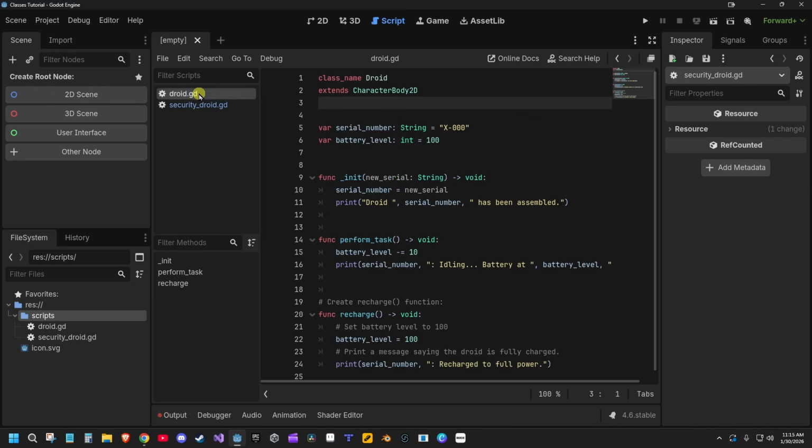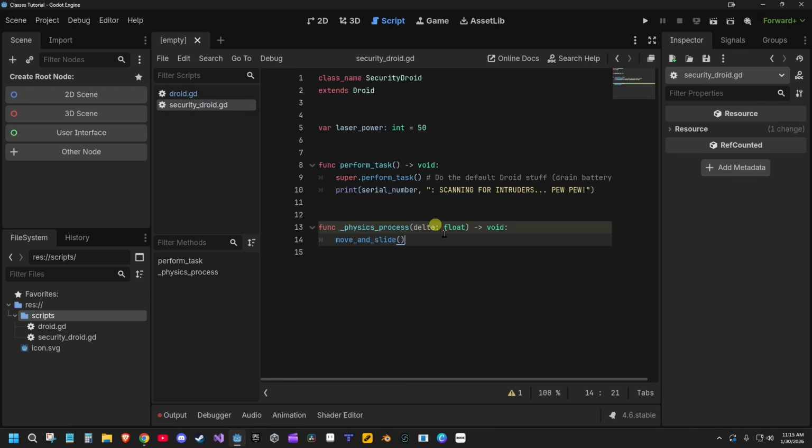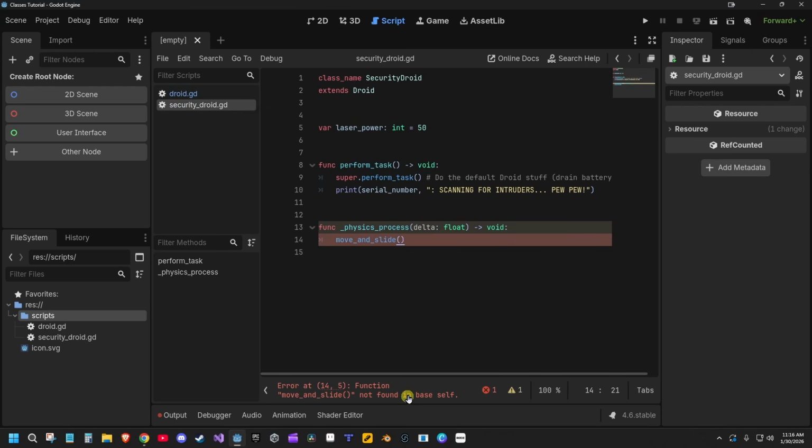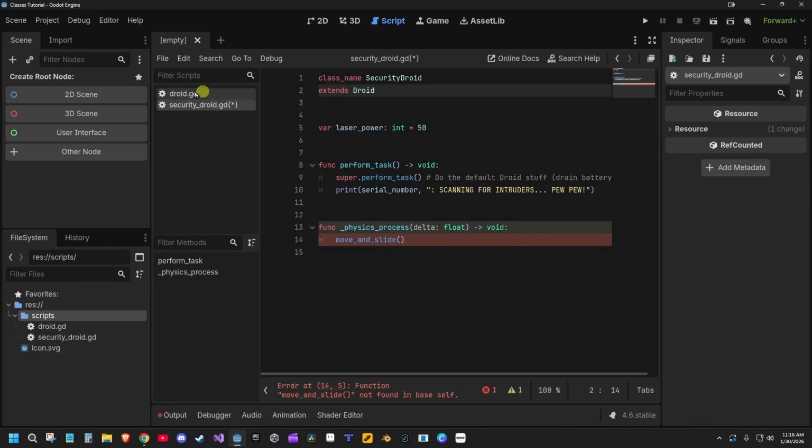But if I go back to droid, and then I get rid of this character body 2D, and then I save it, notice then we'll get an error saying move and slide not found in base self, because this does not have access to character body 2D anymore. And for example, we cannot do this. That's not a thing. So you have to only extend one thing. If you want to chain things, it has to come from above, so the parent. I'm going to delete this,